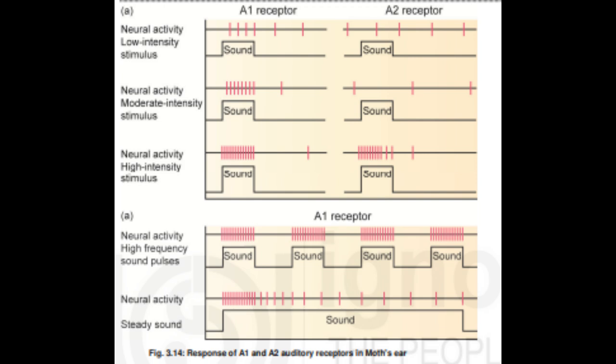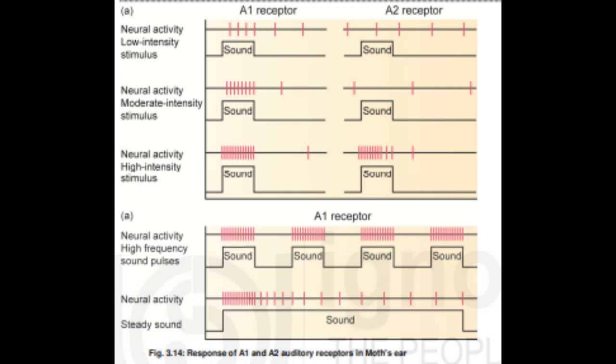These ears are equipped with two auditory receptors, A1 and A2, that are attached to the tympanum in the ear. When a moth comes in contact with a bat's ultrasonic waves, they sweep over the moth's body, causing vibration of the tympanum and modification of A1 and A2 receptor cells. Stretch sensitive channels open up in the plasma membrane of these receptor cells, changing the permeability of the cell membrane